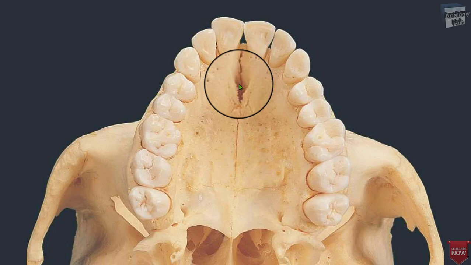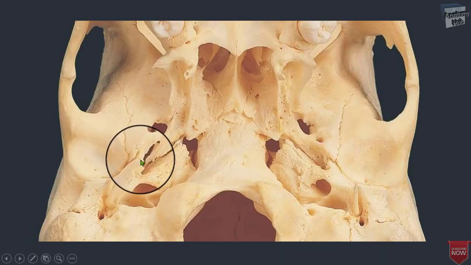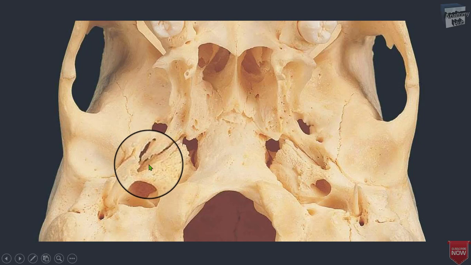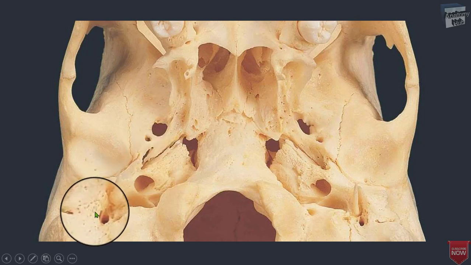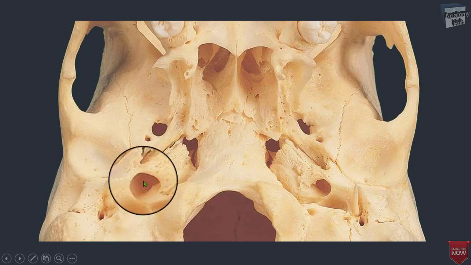Then we'll see the prominent landmarks and the reference to some of the points. A number of important landmarks can be appreciated only with the mandible in place, but here we have removed the mandible. Here we will find the spine of the sphenoid, and the styloid process will be over here, and many other landmarks that can be seen more clearly once the mandible is removed.